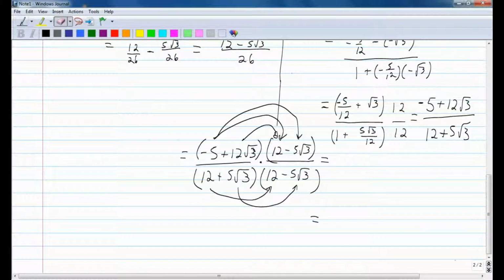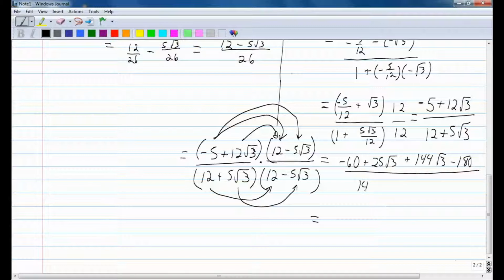Alright, so once we multiply our numerators together, you want to FOIL that out. Let's see, we're going to get negative 60 plus 25 square roots of 3 plus 144 square roots of 3 minus, and now that's going to be 60 times 3, so that's 180, and that's all over 144